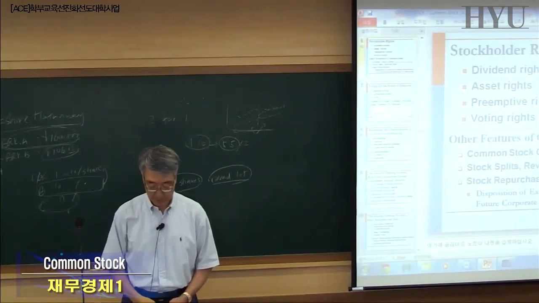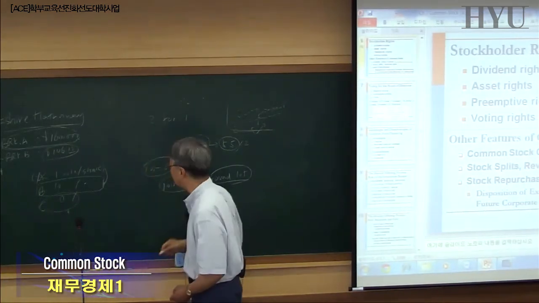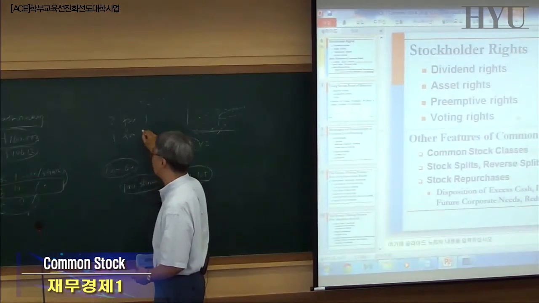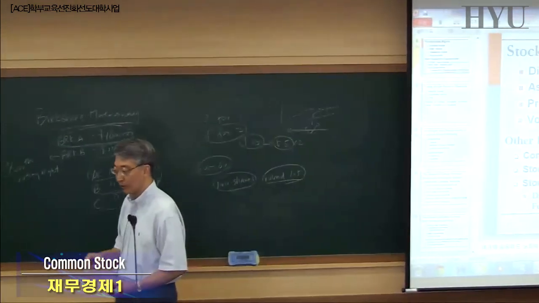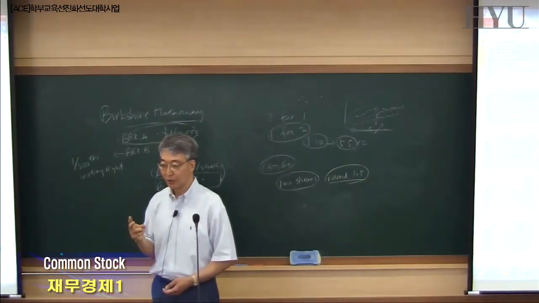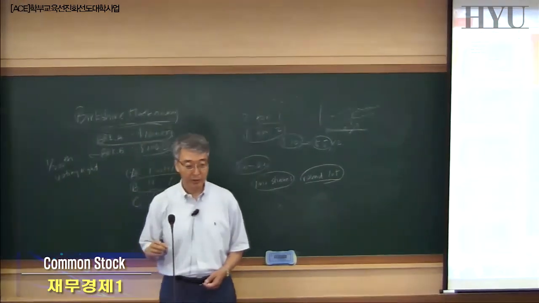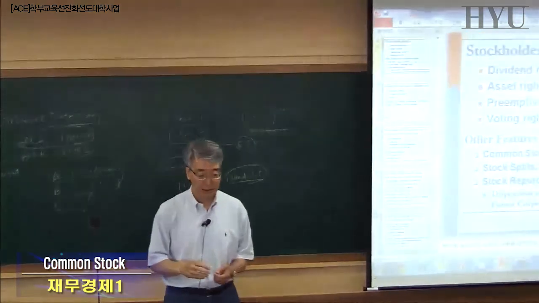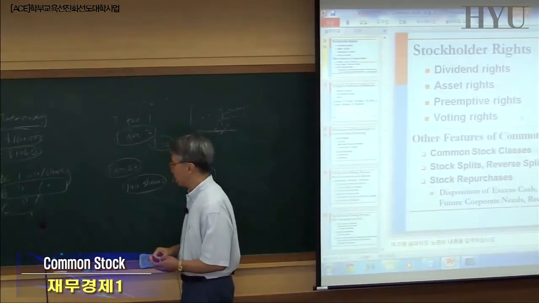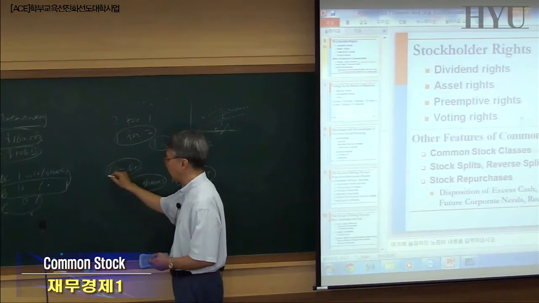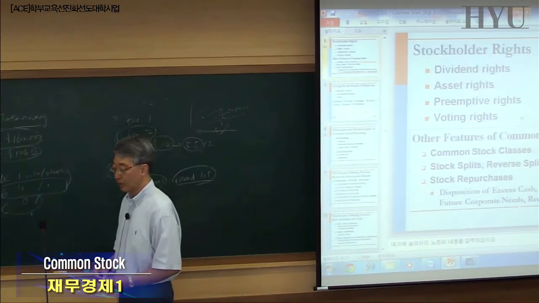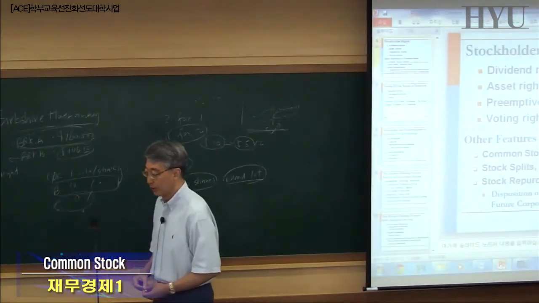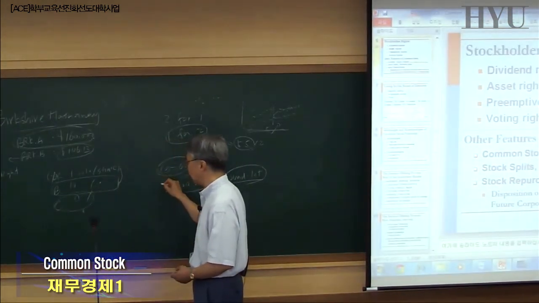Reverse split is the opposite case. Okay? It's 1-for-2. So what that means is if you're currently owning 2 shares, suddenly it becomes 1 share. So the company reduces the number of shares. And the reason is, of course, if the price becomes too low, then it's not really desirable in many senses. So in order to increase the stock price,